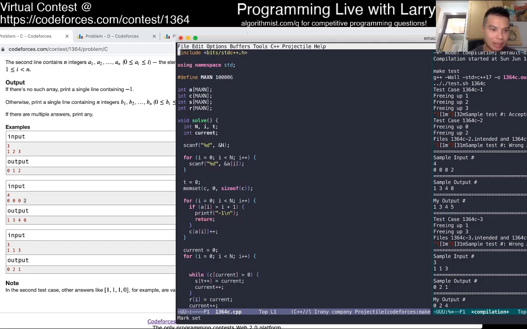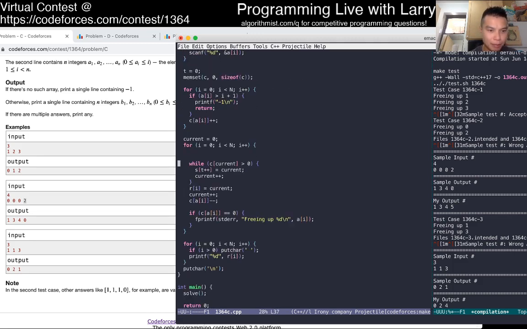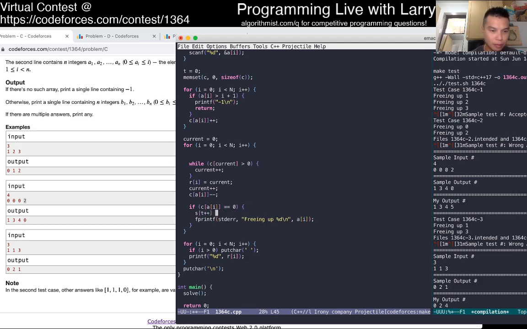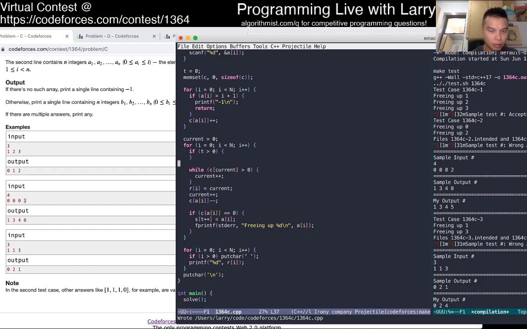Well, the S is not a stack anymore. And then now, so this order.